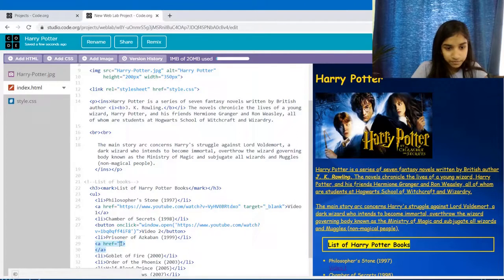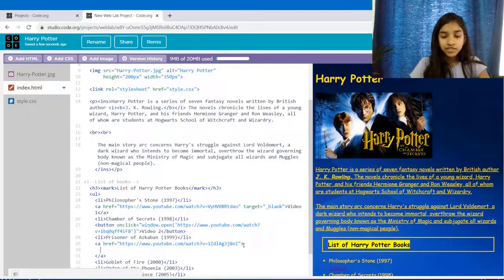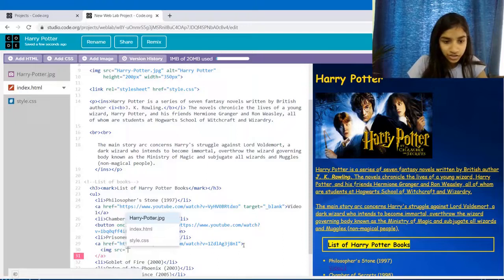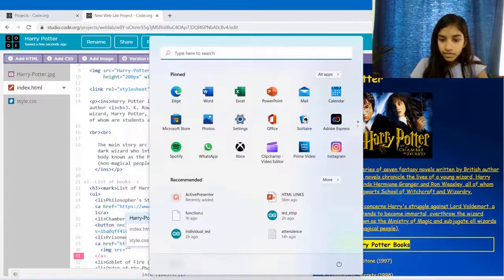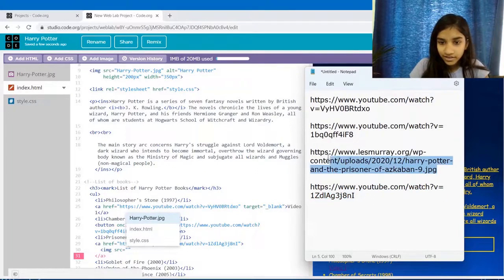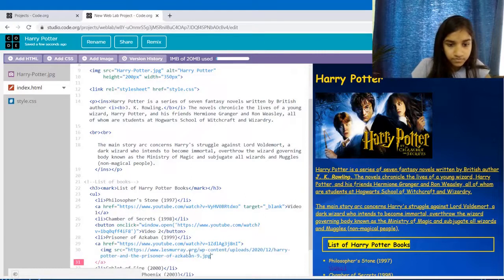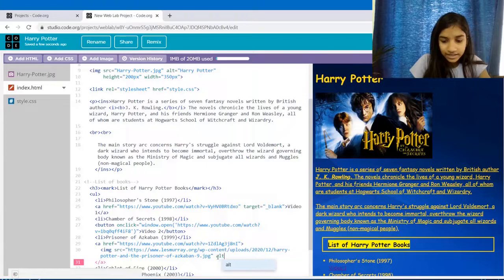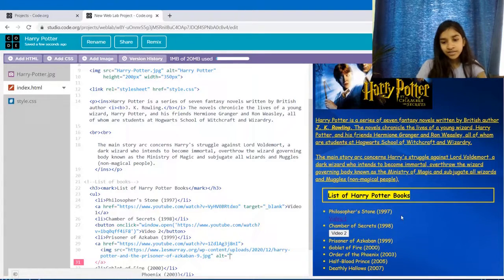I'm just going to paste it here. In between this, we will use the image tag. The image src is the image's location. I have the link here again. And alt text is shown if there's any problem with the image; the alt text is shown instead of the image. So I'm going to write alt text as video 3